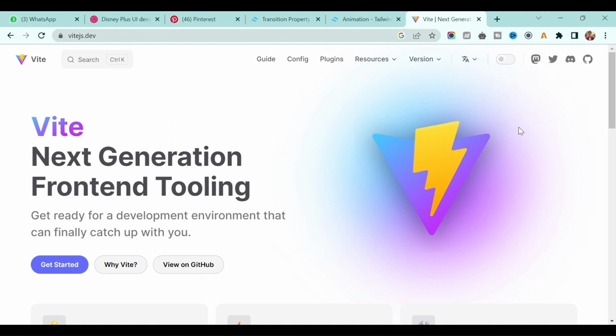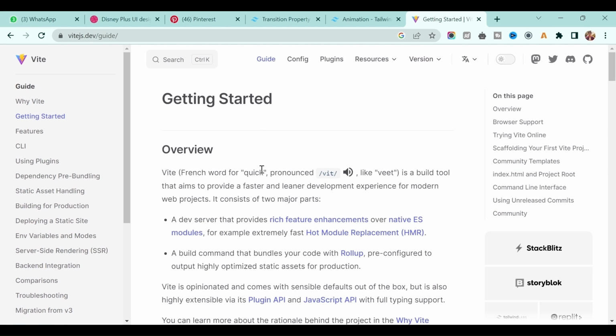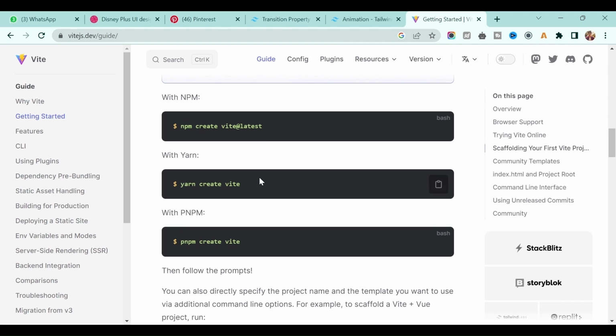So in order to create a project, we are using Vite. Vite is one of the best build tools available in the market, which is very fast to build with, fast to create the project, and you will see throughout the project how fast it is and how convenient it is to use in order to create a React app. So in order to create a React app using Vite, there is a simple command. Just type npm create vite@latest.